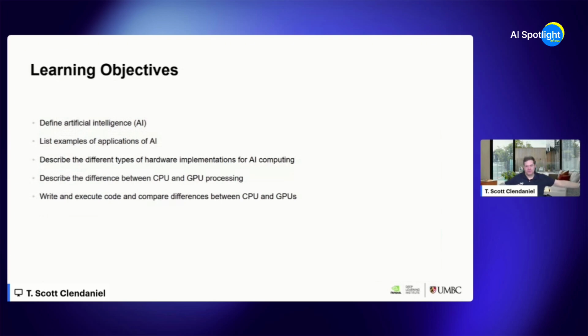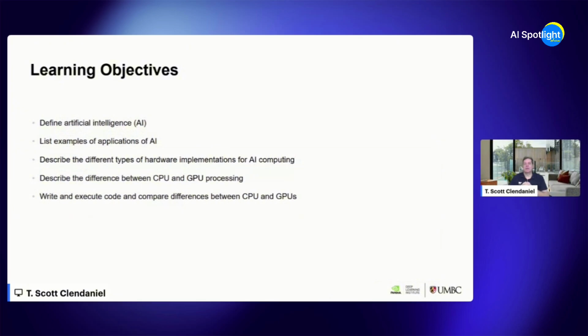Learning objectives are to define artificial intelligence. You've already got a head start on that because you just did it on the last slide. List some examples of applications of artificial intelligence, because it's all well and good for us to sit and say, oh, well, it can do this and it can do that, or it has this amazing capability. But unless we're able to actually take those concepts and apply it to what you're doing right now in your current job, what difference does it make? Otherwise, it might be a course on how to do watercolors or oil painting or anything else. Unless we can apply it and actually make an impact on our current role, it is not very helpful.